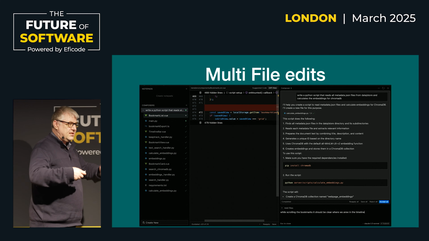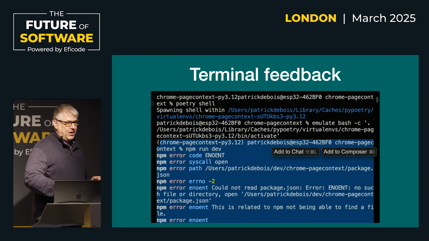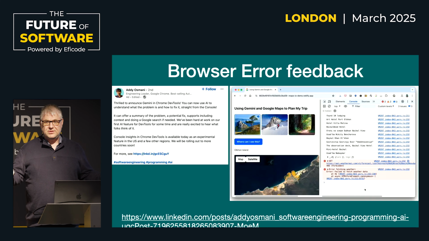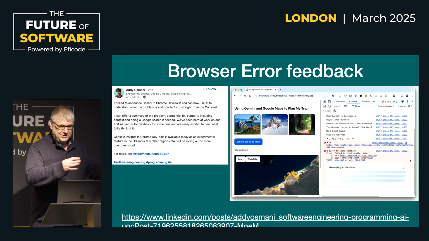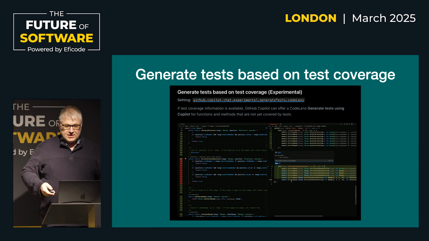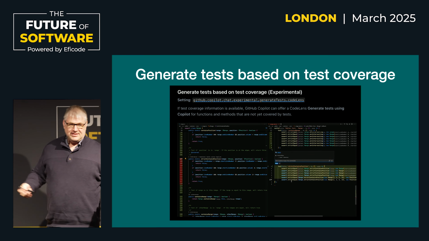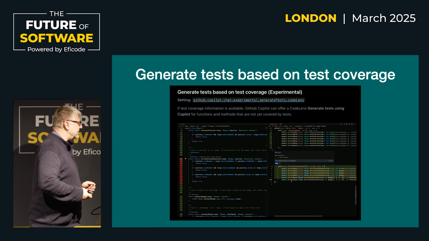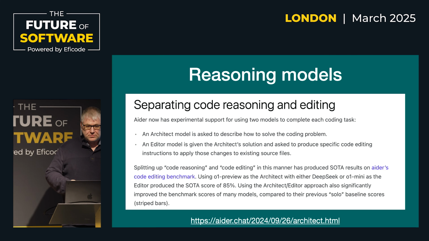So you see it's just getting more and more, taking more things like the terminal feedback. It's not just your code completion. It looks at our browser. Also cool, right? We understand basically our loop, like, oh, code, browser, open, taking everything into account. Generating tests for test coverage. Yes, although it's a little bit tricky, like the same thing, writing the test for itself, who watches the watchers. But that aside, it is definitely helping us with that as well.